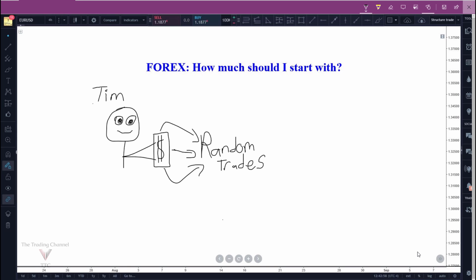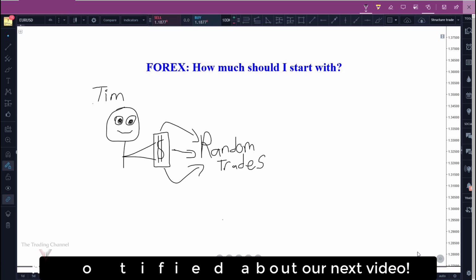I'm sure right now you're wondering what the hell this drawing on the screen is. I know it's terrible. My artistic abilities do not quite match up with my ability to trade, but I promise there's a point to it. So if you're interested in learning what this drawing means, and if you'd like to hear my opinion on how much to start a trading account with, then just stick around through the intro and disclaimer.